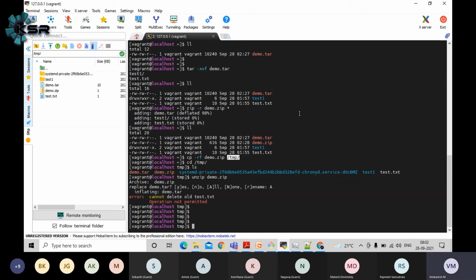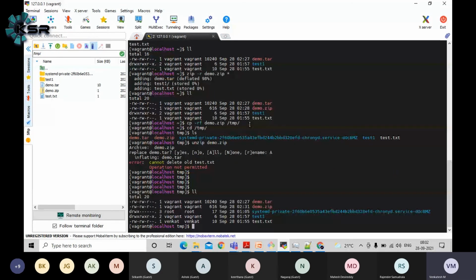If you practice, you will get to know all this stuff, guys. Okay. So I think currently some permissions are not there. Otherwise, it's going to extract everything, guys. Some permission issue is there. That's it. This is how we can do all the operations, guys. Okay.